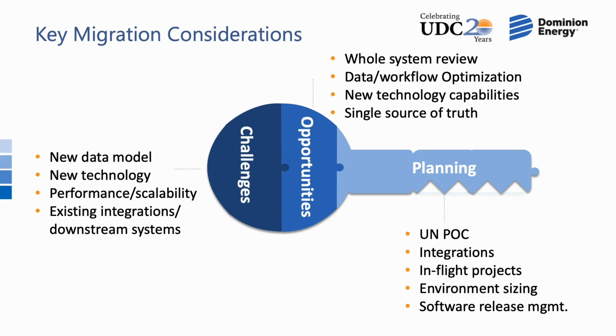To make these opportunities happen, we need some careful planning. So part of planning was doing a POC or a pilot project with UDC for a small area of our service territory. How did that pilot help us? That pilot helped us to see the data migration process, how it works, and what the issues are in our current geometric network data. So we were able to fix our data at source, we are still fixing it, and reevaluate our integrations and see where they fit in the new data model and the new service-based architecture.